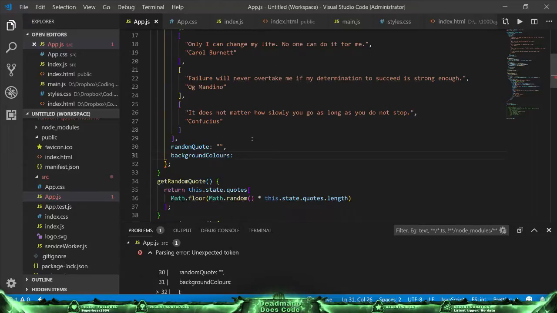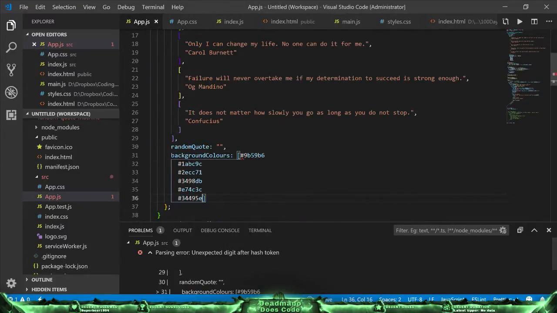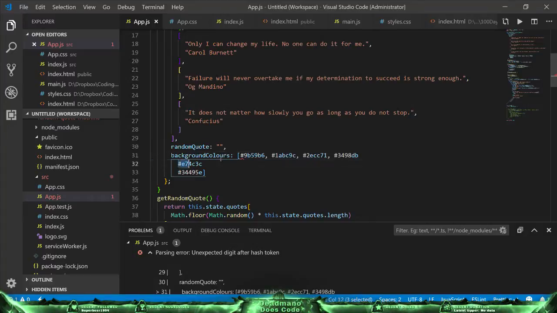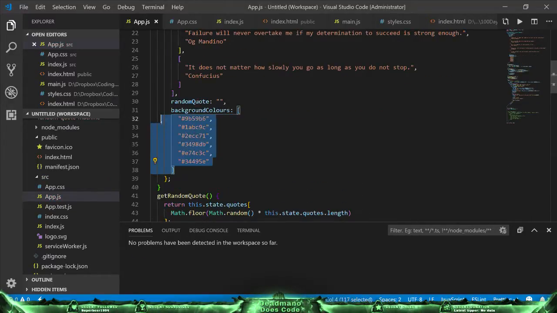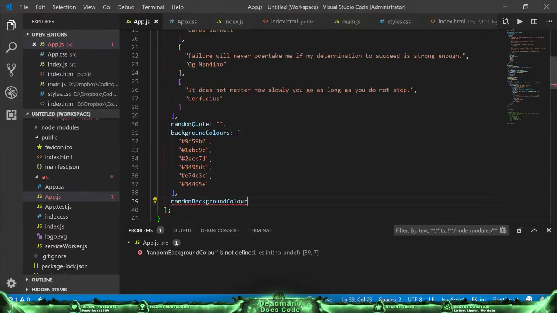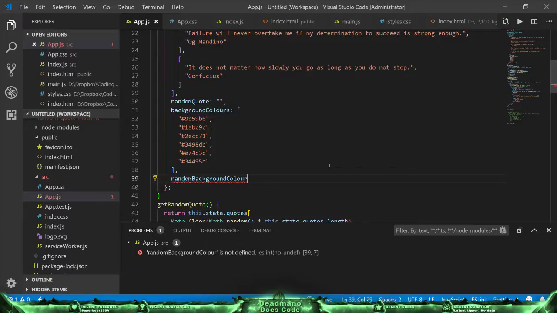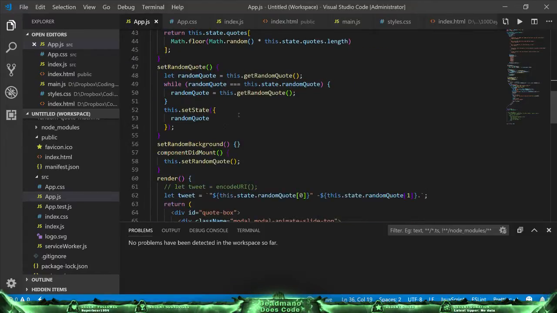Background colors is going to be an array of items with these colors. I should have probably separated these. My bad. You see what I'm trying to do? So I'm going to store the background colors as an array, and then random background color is going to be empty. Then what we're going to do is